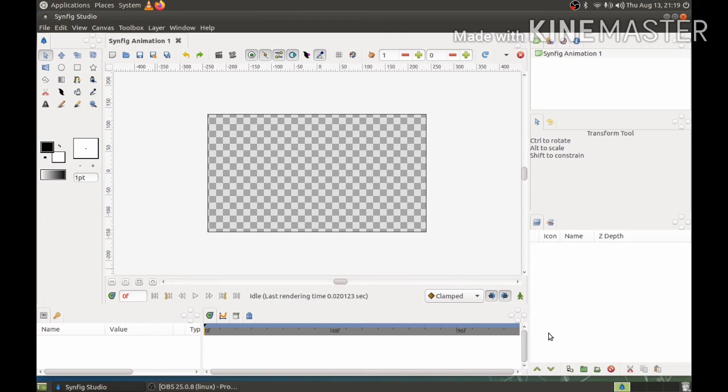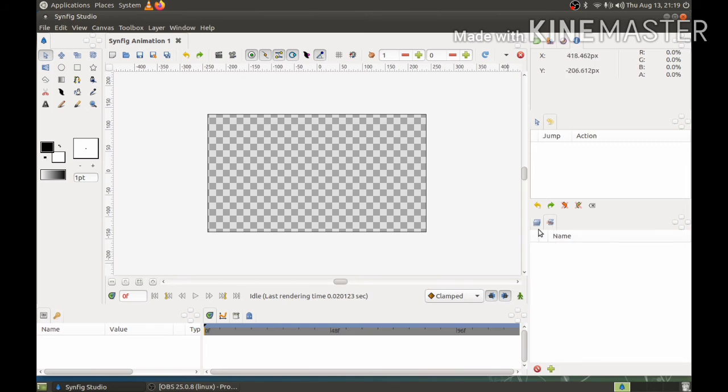Then this portion and this portion, this is the horizontal dock dialogs and this is the vertical dock dialogs. Now these contain different panels, like this parameter panel, this is keyframe panel, then this is canvas browser, this is palette editor, then this is navigator, this is info panel, then transform tool, then history panel, layers, sets. These are the different panels which are available as tabs in horizontal and vertical dock dialogs.